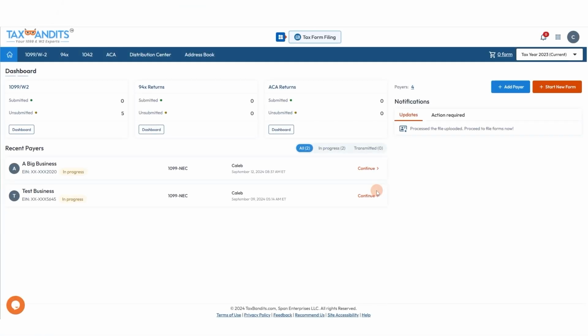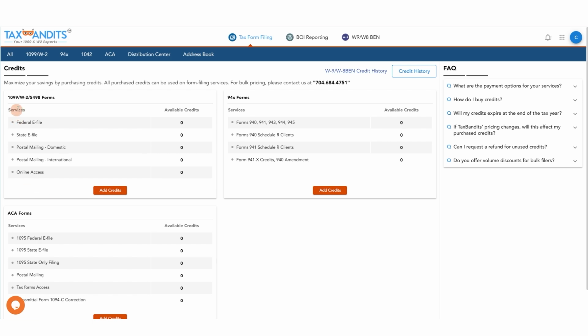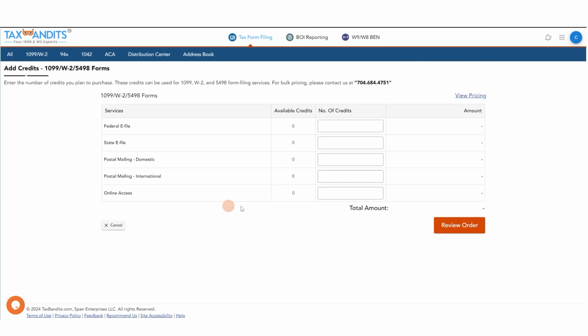So we're going to start with regular tax filing credits for regular tax forms. We also have BOI credits available, and I'll show you that later. From your dashboard, you're going to click on the settings icon up here and select credits. Then you'll need to choose what kind of credits you need, either 1099, W-2, 5498 forms, 94X forms, or ACA forms. Do 1099 today, and then you can add credits for federal e-filing, state e-filing, postal mailing domestically, postal mailing